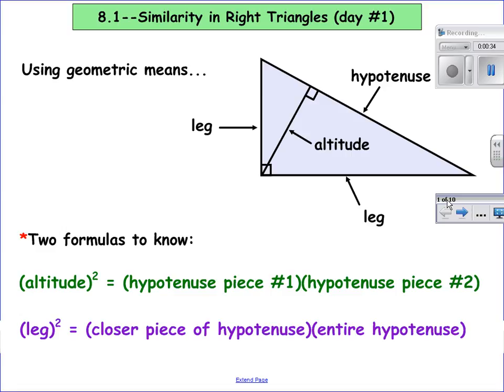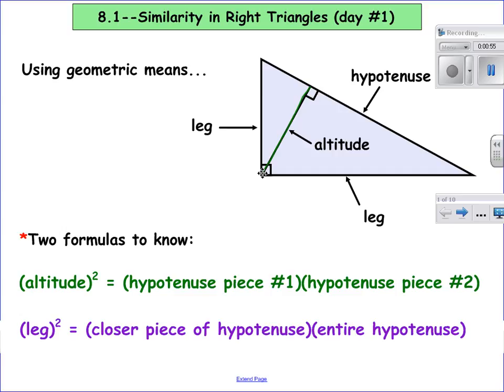So you need to know what an altitude is. An altitude is a line in a right triangle, actually in any triangle, that makes a right angle to the opposite side. So that green line there is an altitude,